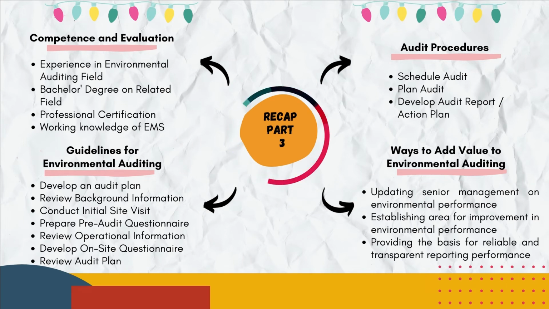Next, there are 7 guidelines for environmental auditing, which are: first, developing an audit plan; second, reviewing background information; third, conducting an initial site visit; fourth, preparing a pre-audit questionnaire; fifth, reviewing operational information; sixth, developing on-site questionnaire; and 7, reviewing audit plan. On the other hand, the audit process starts with scheduling, planning, and developing an audit